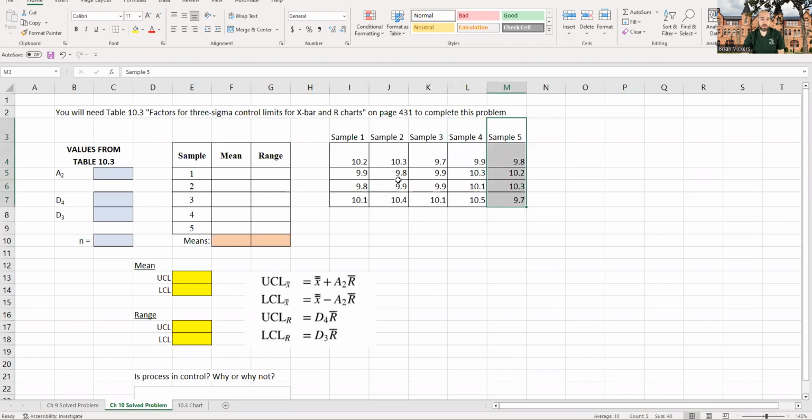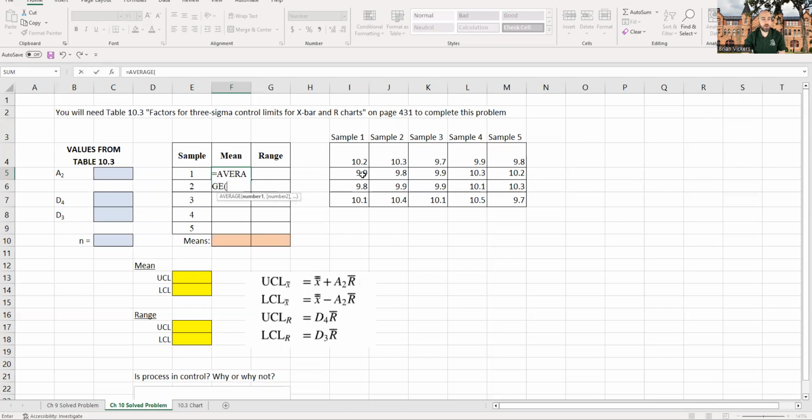Now, some of the problems you'll have, they've already been averaged out. So we have the mean of sample 1, and we'll have the range of sample 1 already given to us. But I want to show you how we would arrive at those numbers. So the mean of this one right here would be the average of all my sample 1s, okay? And then the range is going to be the highest one of sample 1s minus the lowest one of sample